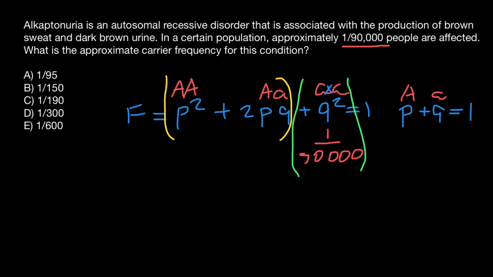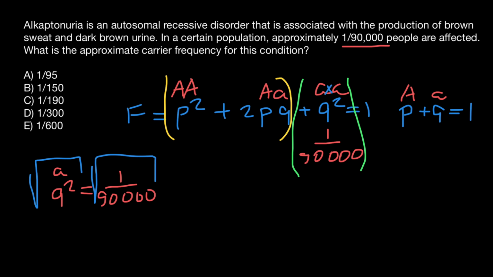So q squared equals 1 out of 90,000, and to find the frequency of the recessive allele, q, we just take the square root of this number. So now we know that the frequency of q is